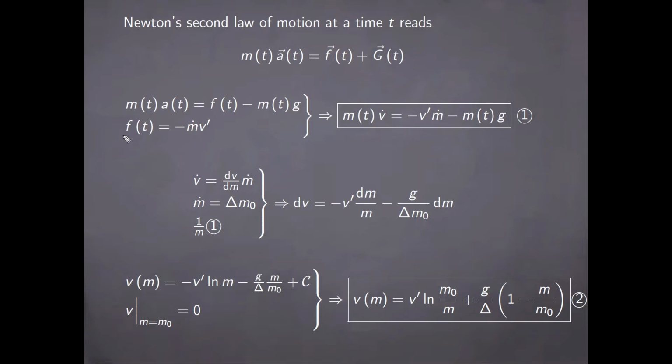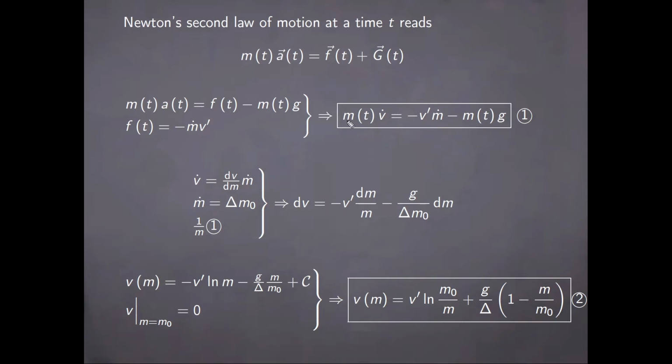Therefore, the effective force felt by the rocket is the one given here, so it's v prime, which is the velocity of the gases escaping from the tail, times the time rate of the loss of mass, and it gets a minus sign in front because this quantity is negative. As the rocket is losing mass, I need to put another minus sign in front for this quantity to be positive. And as such, putting this in the above expression, we arrive at the equation that was suggested in the